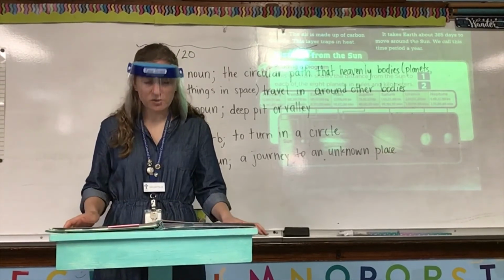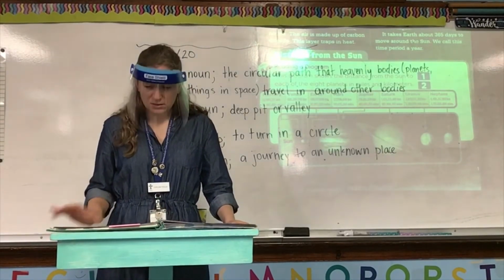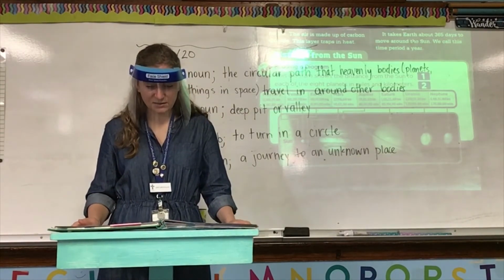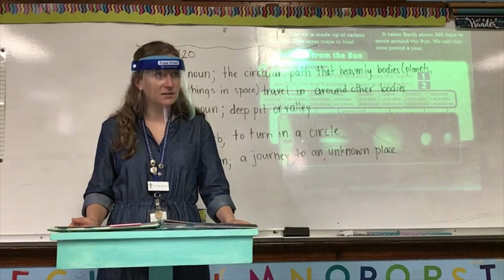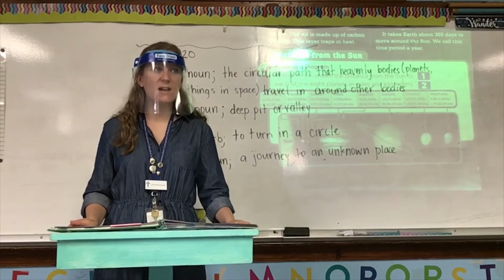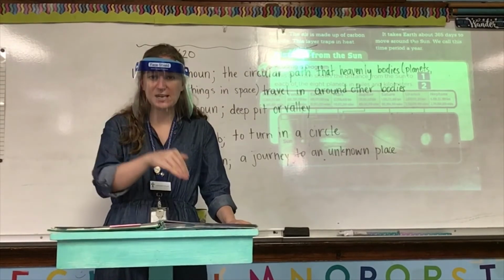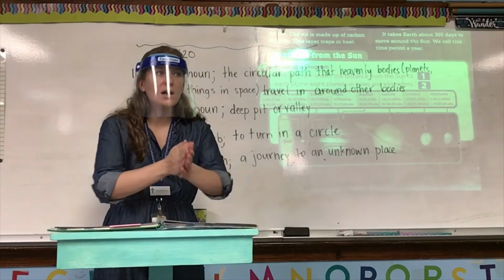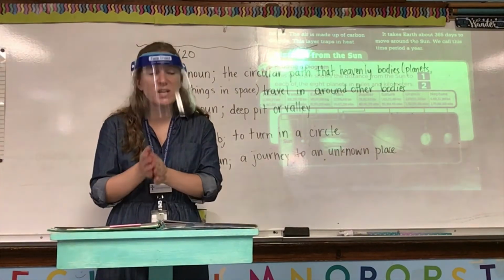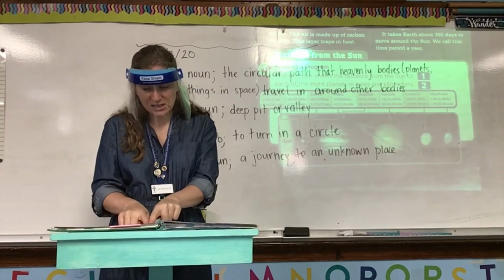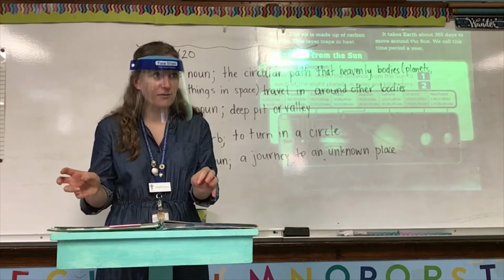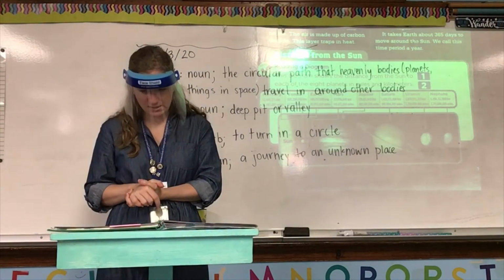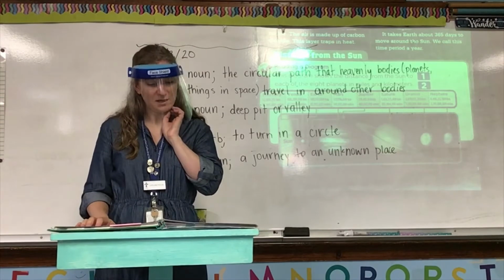Okay, pause. So the way you would read that sentence, because you have commas, you would say Venus, the second planet from the sun, is veiled in thick, swirling clouds. So do you see how I never stopped my sentence? My voice never went down as if I was stopping. It stayed up until the period, but I paused a little at each of those commas, because the reason those commas are there is they're saying Venus, the second planet from the sun, they're explaining to you where Venus is without having to write a brand new sentence. Okay, keep going, Michaela.